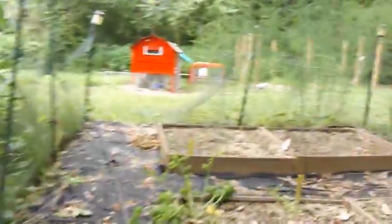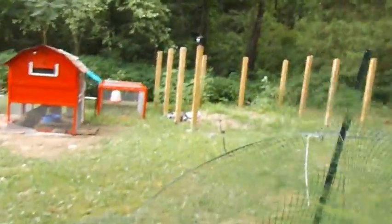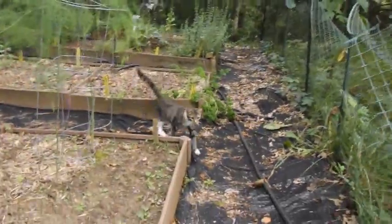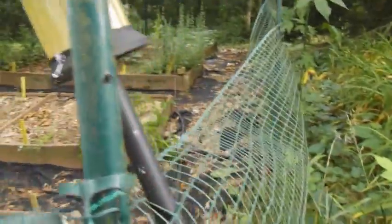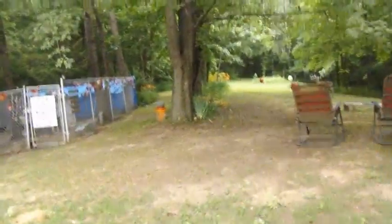Alright. We're being followed by the garden cat. Come on, Taffy. Say hi, Taffy. Okay. Need to get that fixed. Alright, back here